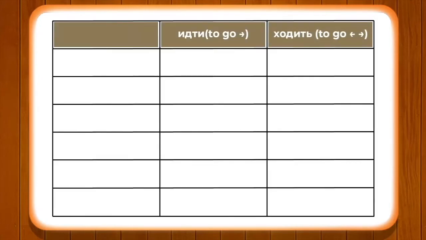Now let's go ahead and pay attention to the conjugation of some of the verbs which we know, like идти and ходить, and let's see how with the help of these personal pronouns they are being changed. Personal pronouns we already know. Я, ты, он, она, мы, вы, они means I, you singular, он, he, она, she, мы means we, вы means you plural, and они means they. So let's pay attention to the conjugation of these verbs while I conjugate quickly for you.